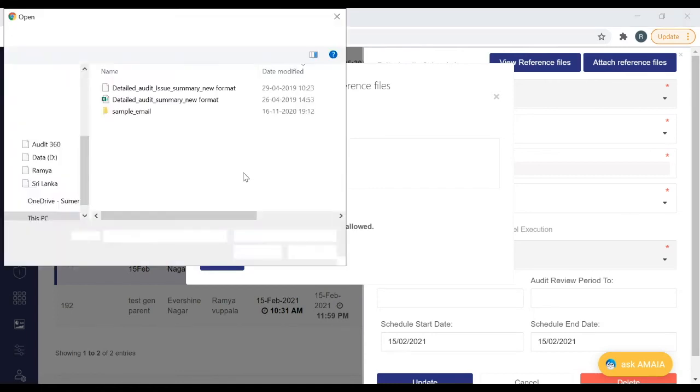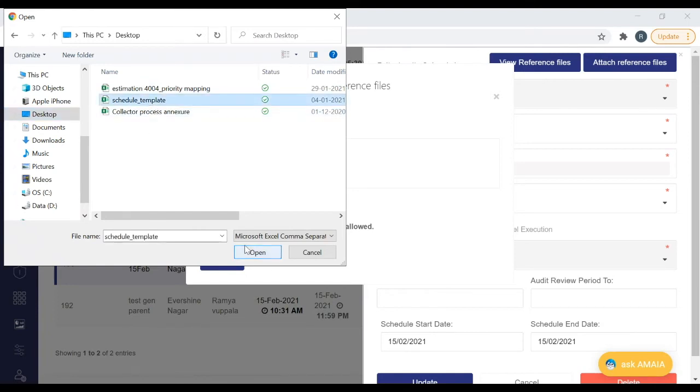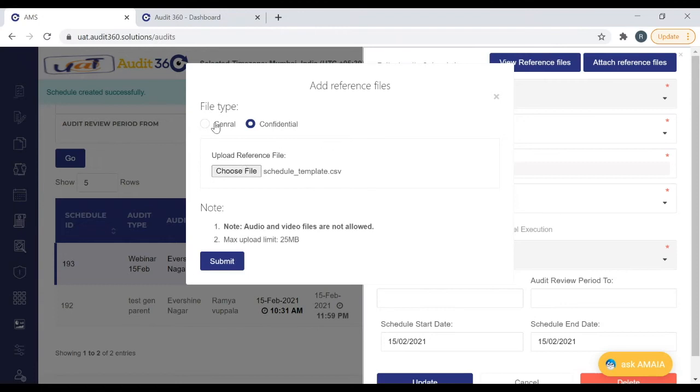So let me just upload a file. Any file, whether an Excel, Word, or a JPG, can be uploaded here. I'm giving a confidential document.